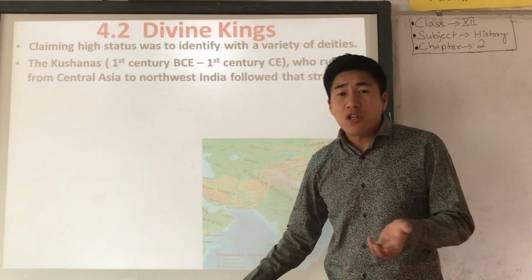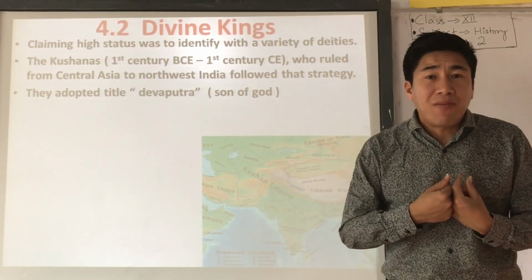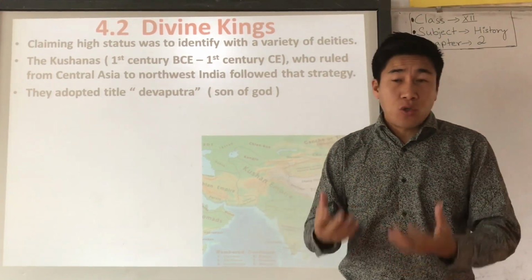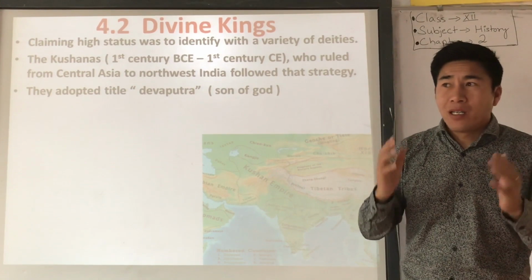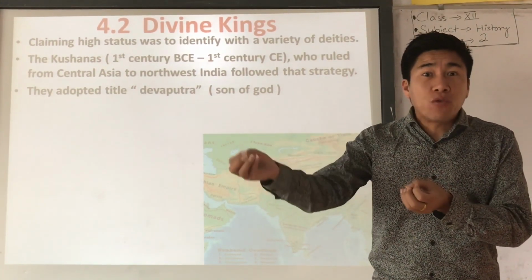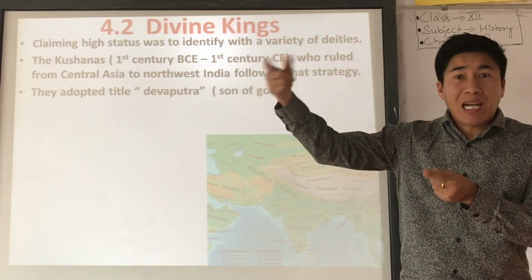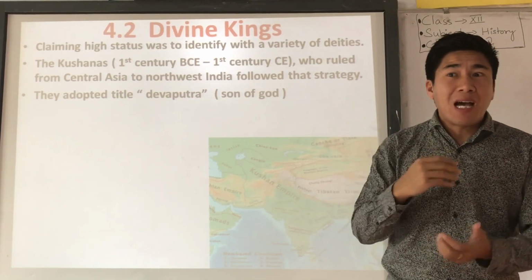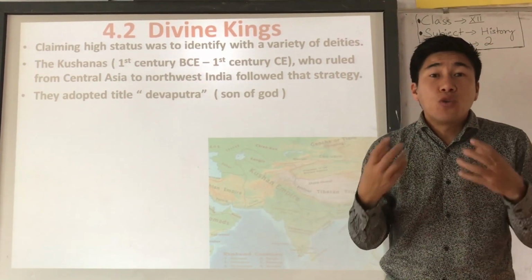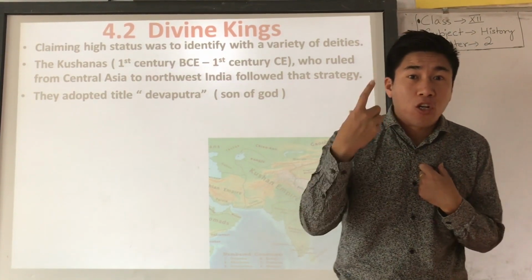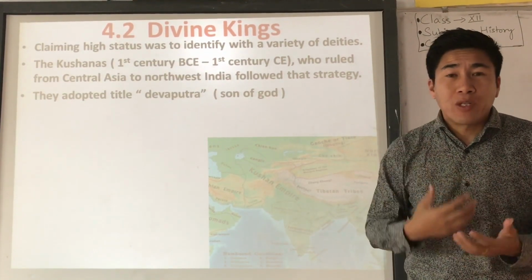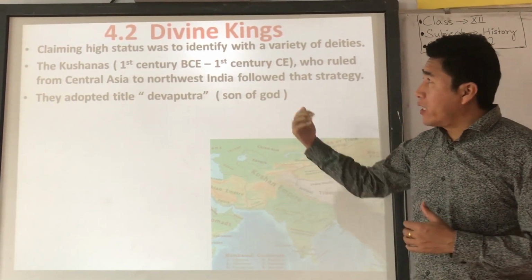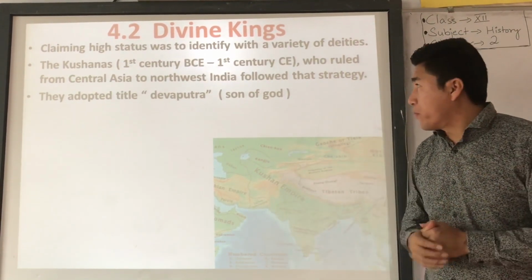Now the rulers, the Kushanas, called themselves Devaputra. Devaputra means, Deva means God and Putra means son. So they called themselves the son of God. They got this kind of influence, or copied that kind of title, from China at the time. In China, many Chinese kings called themselves the son of heaven. So they replicated that idea. In India, they used to call themselves the son of God, in order to get a high status in society. Understood? One of the major important kings in this line is Kanishka.